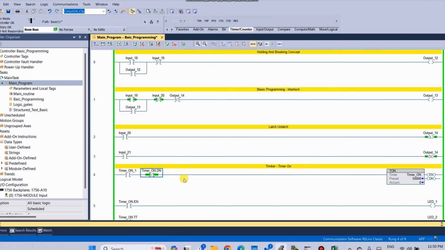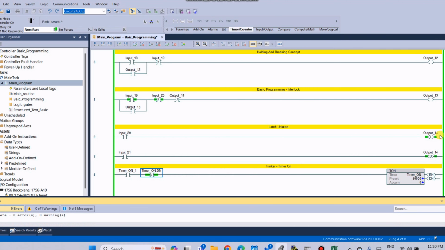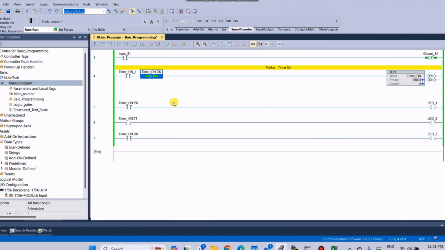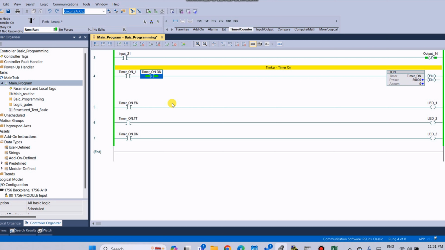So once again, try to check whether this TON timer is reset or not. So observe here, when the done bit is completed, because the TON timer runs in milliseconds, you think milliseconds are very small times.